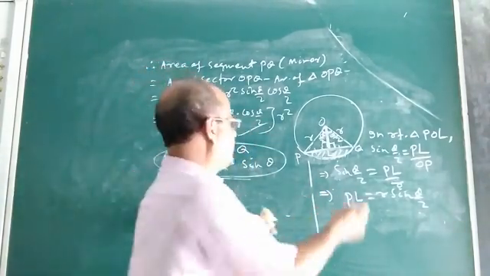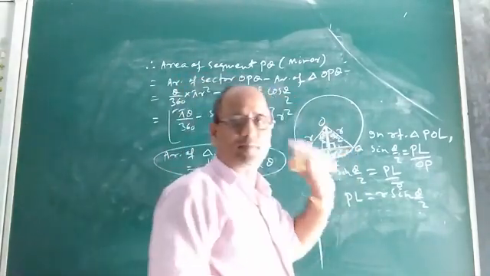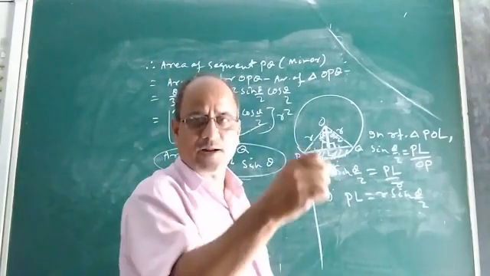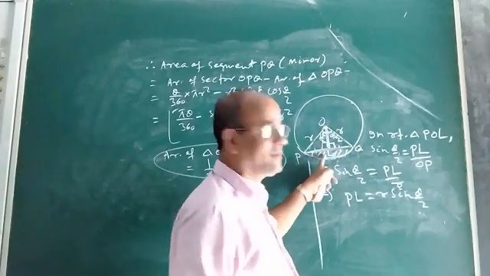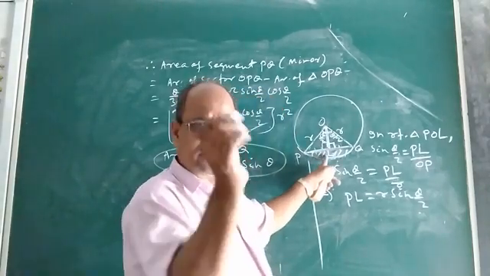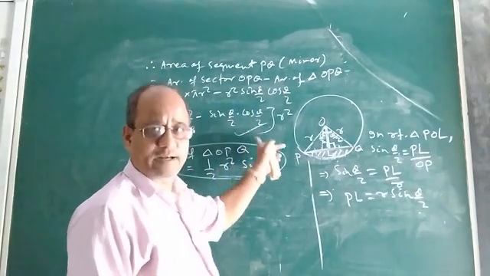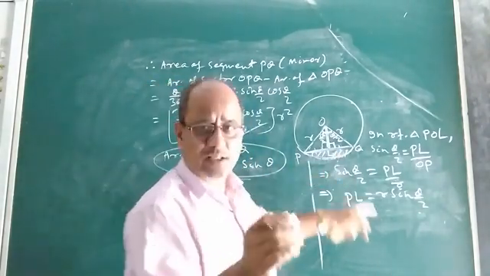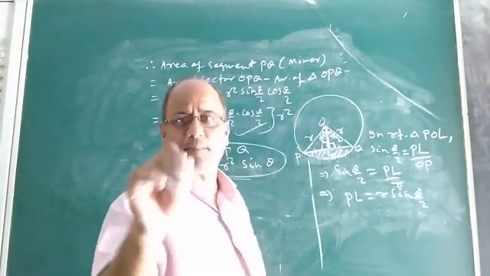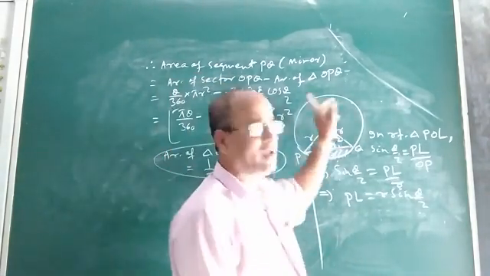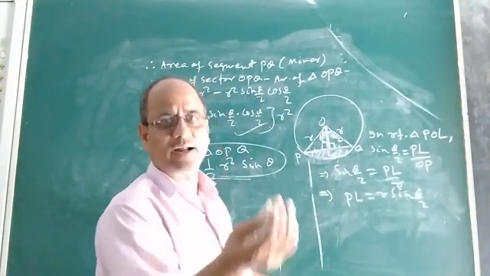Very simple. To find the area of the major segment, what will you do? Just find the area of the circle. If you are given the radius, you can find the area of the circle. So, area of circle minus area of minor segment. First you find the area of the minor segment using this procedure or formula. After that, as you are given the radius of the circle, calculate its area by the formula pi r square. After finding the area of the circle, subtract the area of the what? Minor segment. So you will get the area of the major segment.